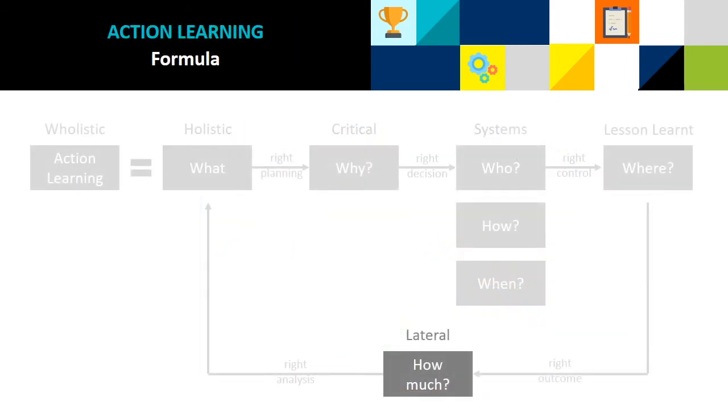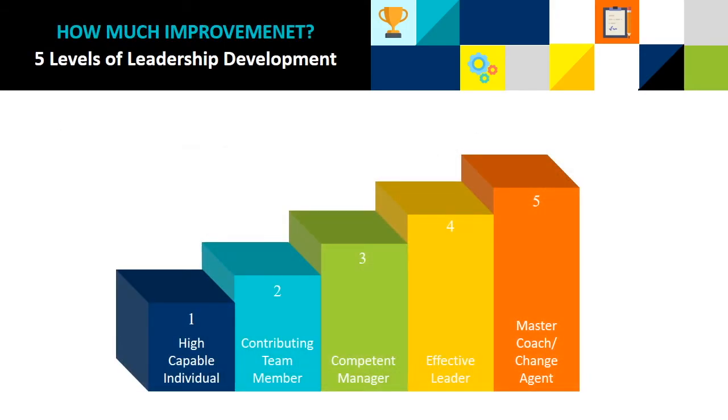To answer this question, I will use the help of the 5 levels of leadership development. Based on the result of the 5 tests that I have done previously, I conclude that I am still in the second level of the 5 levels of leadership development. However, I also have a plan to become a master coach of financial analyst, which is at the highest level of leadership development. By using these 5 levels of leadership development, I realized that I still need to improve a lot of things. Therefore, I have to use my 6 thinking hats to improve my 6 types of power.